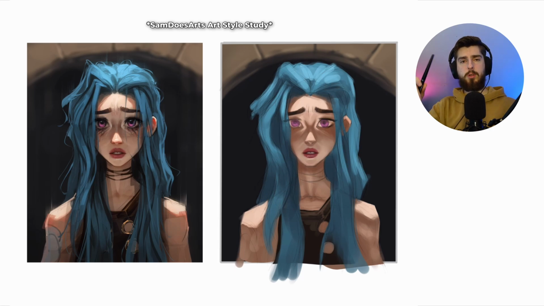But don't just copy, don't just go line for line and not think about anything. Don't do that. Instead, we want to break it down. We want to get inside the head of the artist that was drawing that. We want to think of why they did that and why this line is placed here. So it will be super useful to, at the beginning, just look at their drawing, take notes, and write things